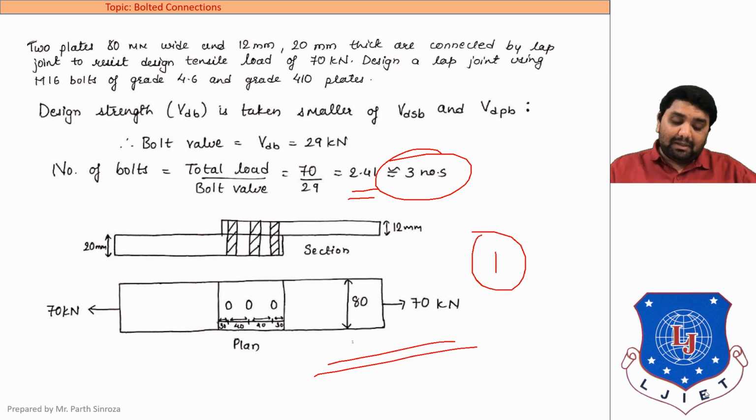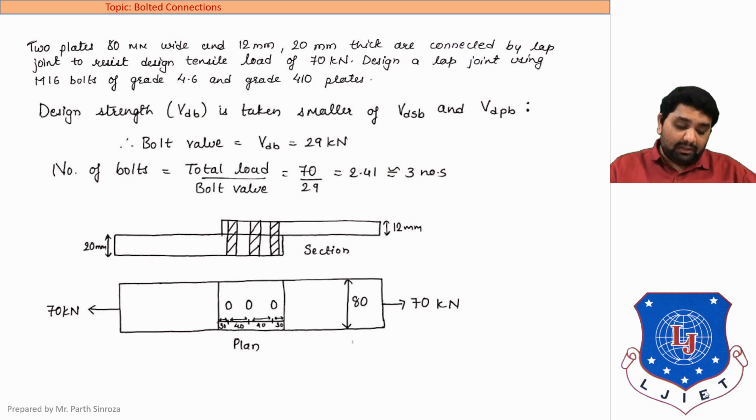This figure carries 1 mark in your GTU examination. Clear? So how to mention this figure or how to draw this figure? First, mention the two plates that are given in the question. The first being 12 mm, second being 20 mm. It is compulsory to mention the cross section and the plan. The bolts can be seen in the cross section, and in the plan it is visible as a circle, that is our hole diameter.